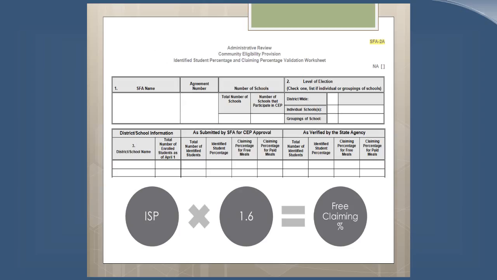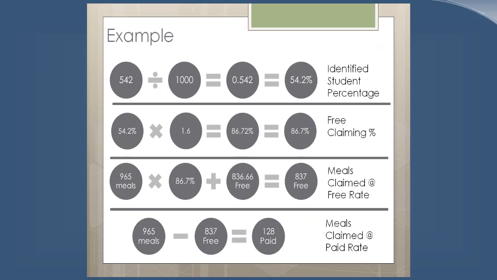So the SFA 2A is a form that's used to validate the ISP and claiming percentages. We're going to walk through an example of what this math looks like. The formulas are right there in front of you. The SFA under review should be able to demonstrate to you as a reviewer that the process is sufficient in enough detail for you to be able to check their calculations and validate the claiming percentages and meals claimed